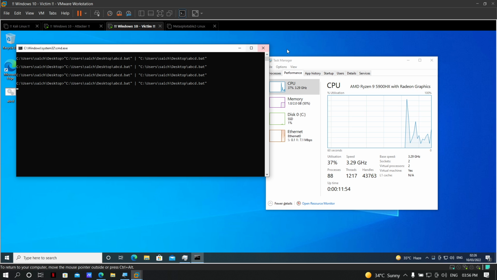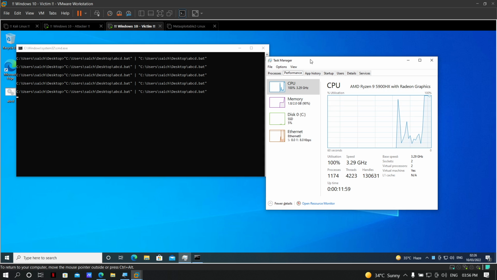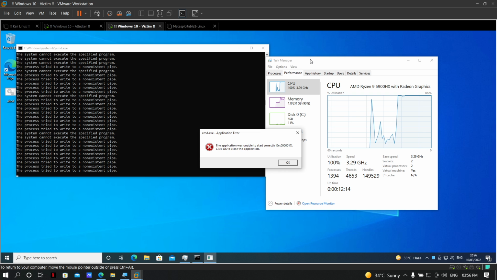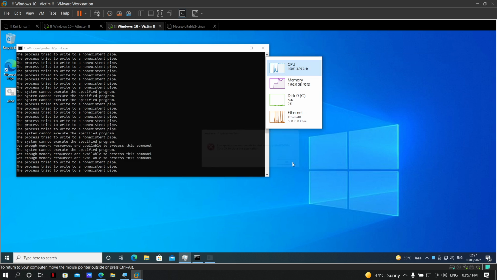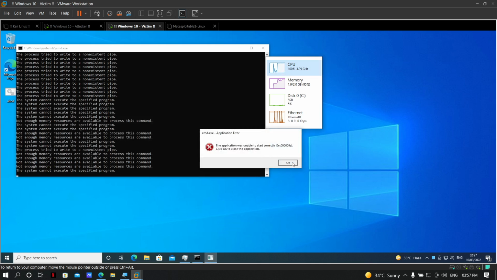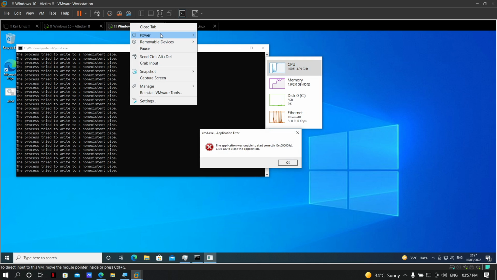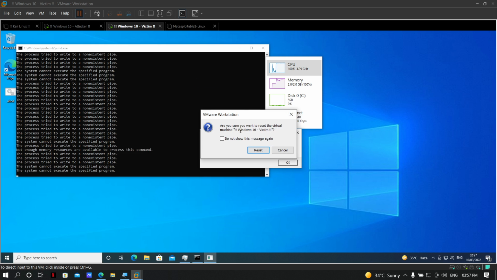When you execute this one, it will go to 100% and then you have to restart your device. That's all you can do, right? So let's say if you want to crash any device, you can simply execute this script. Simple case. And crashed. To avoid this, just restart your device.